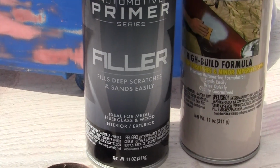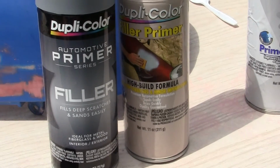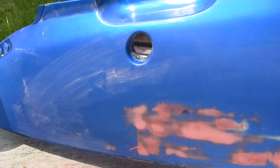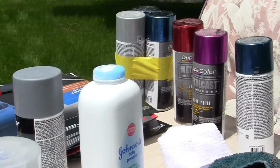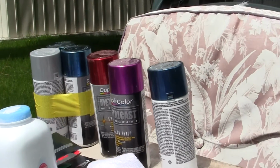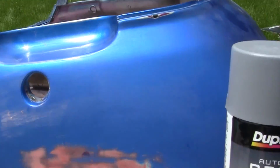So what we want to do is use filler primer like this, and we want to seal the job with paint, or all these colors over here you can see. And these are pretty cool. These are pretty cool colors. So what I'm going to do is sand down